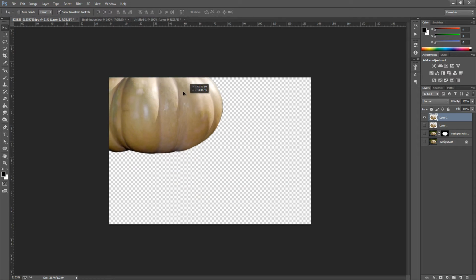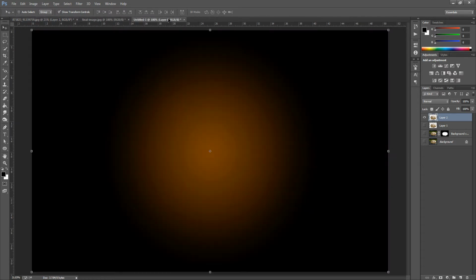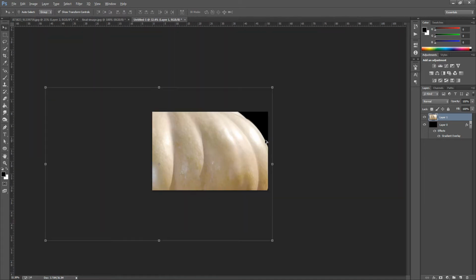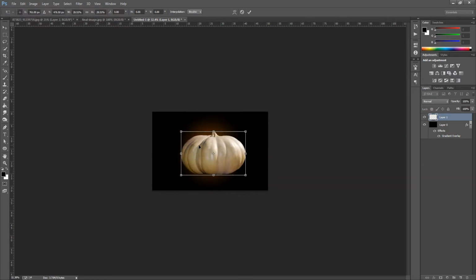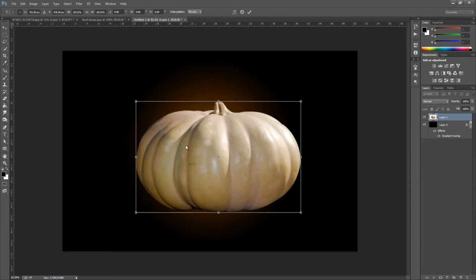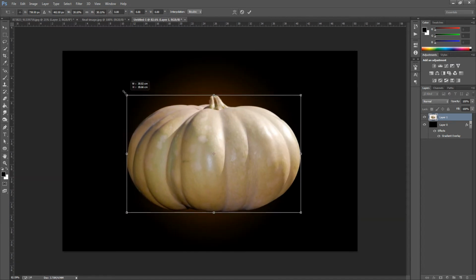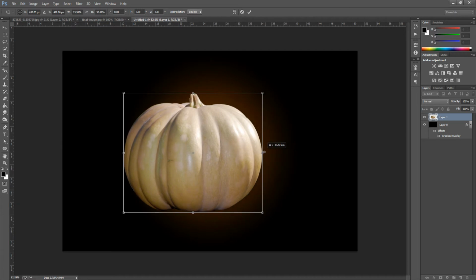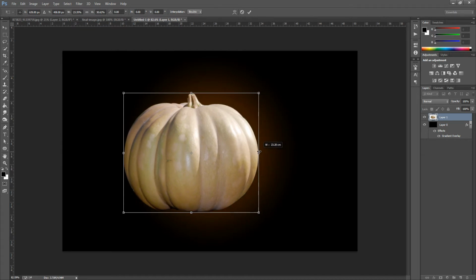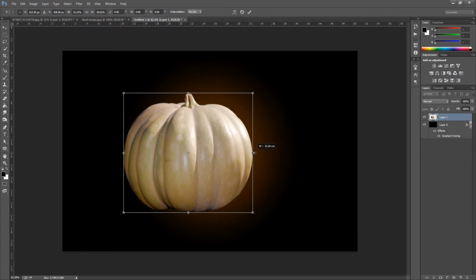So drag and drop with the move tool on the left hand side, drag it. Now it's a really high definition image this, so it's going to be extremely big, so we're going to resize this. So we're just going to go and resize this now down, to around about there. Now what we need to do is we need to squish it because it is too long, so we're just going to go and drag in from the side. We don't need to hold down shift or anything because we're not keeping the same res. So around about there,